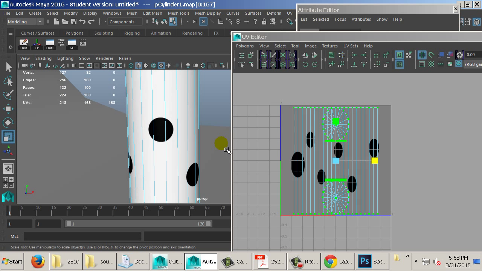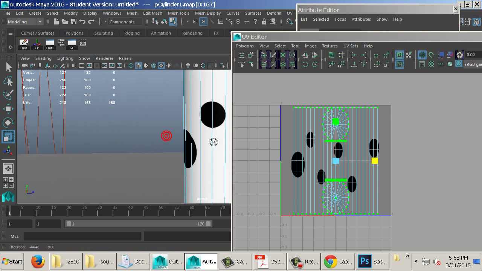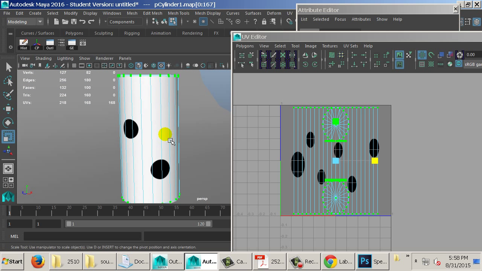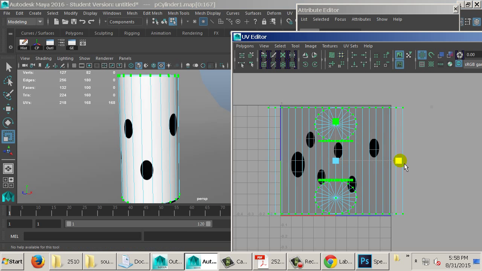circle is perfectly round. The projector's squishing it a little bit. But it's perfectly round on my screen. It's perfectly round over here and over here. So all of these circles are perfectly round. My UVs over there need to stay exactly that format. Okay, if I move them outside of that format, if I stretch it like this, it's going to stretch my